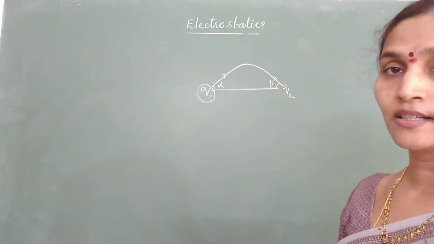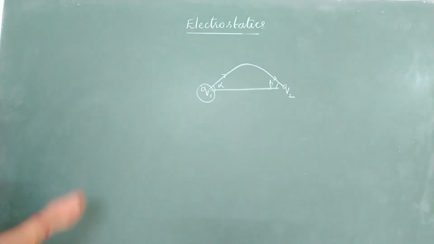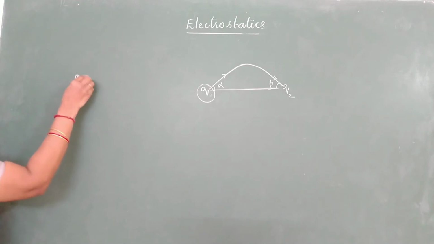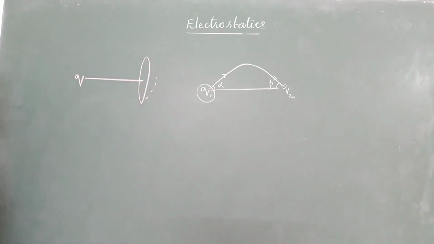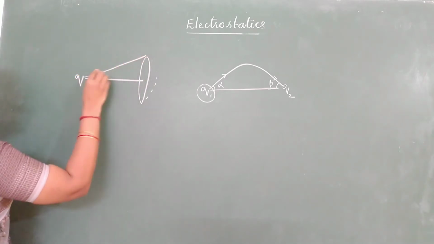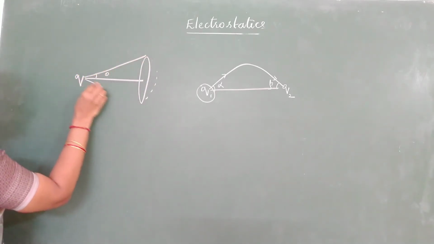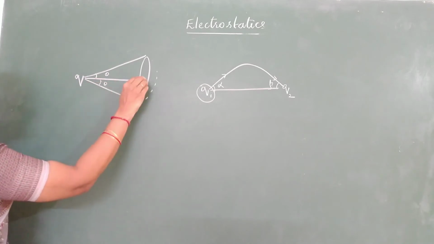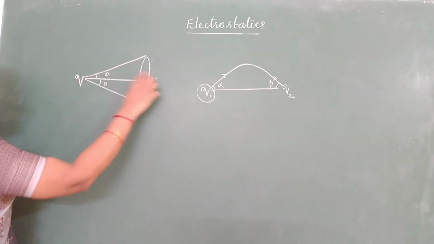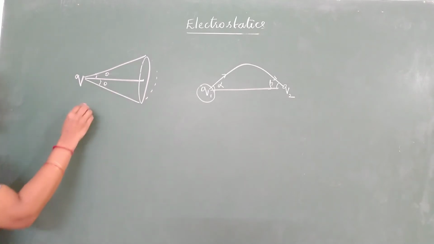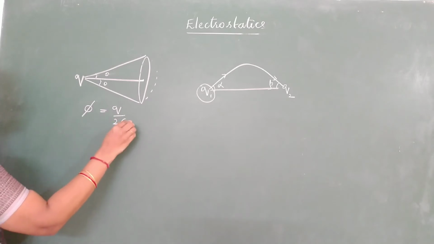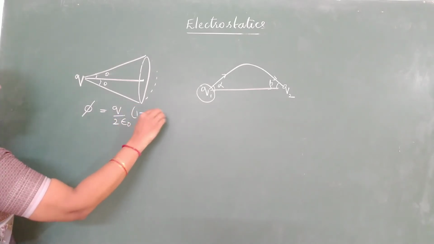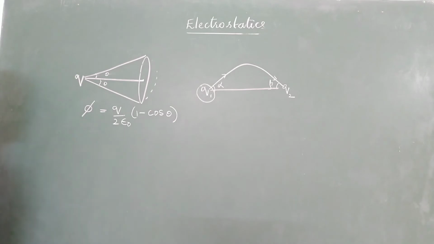So to get this answer, try to recollect, when we studied fluxes, if you have a point charge Q at some distance from a disk or a cap, then join this line. If I call this angle as theta, even this will also be equal to theta, passing through the center. The number of field lines passing through the disk, that is flux, is given by the formula Q by 2 epsilon naught into 1 minus cos theta. Okay, you can remember this formula.